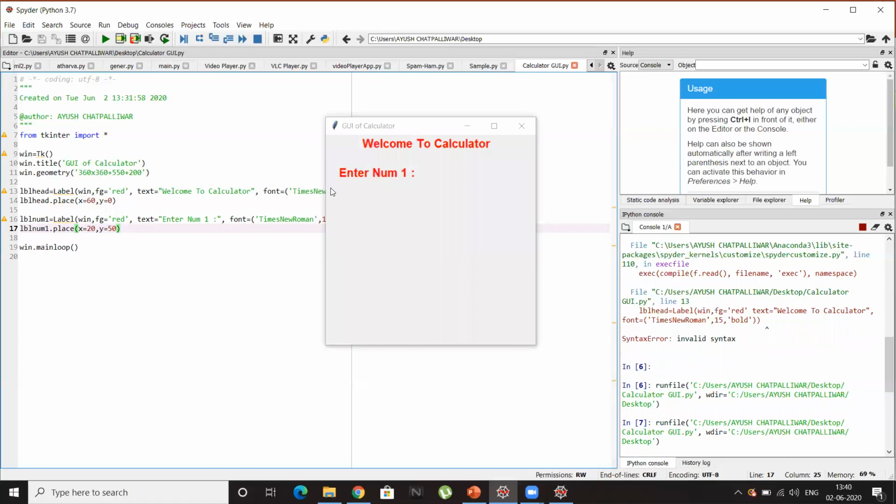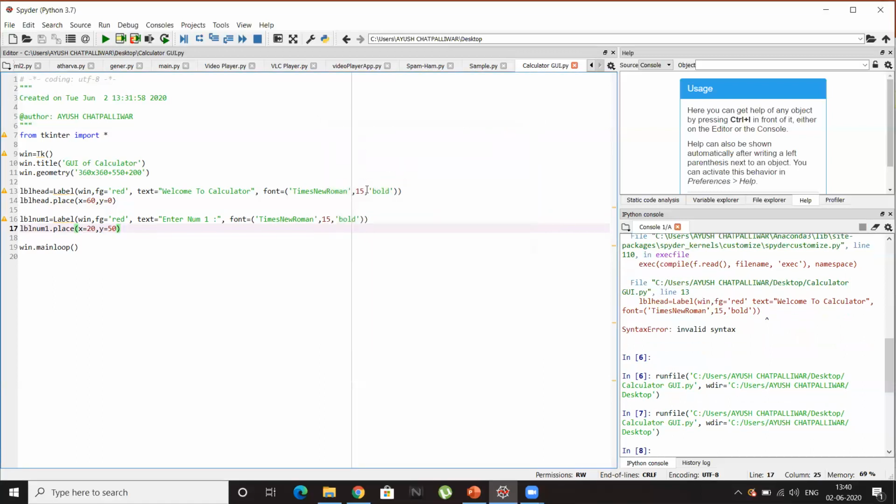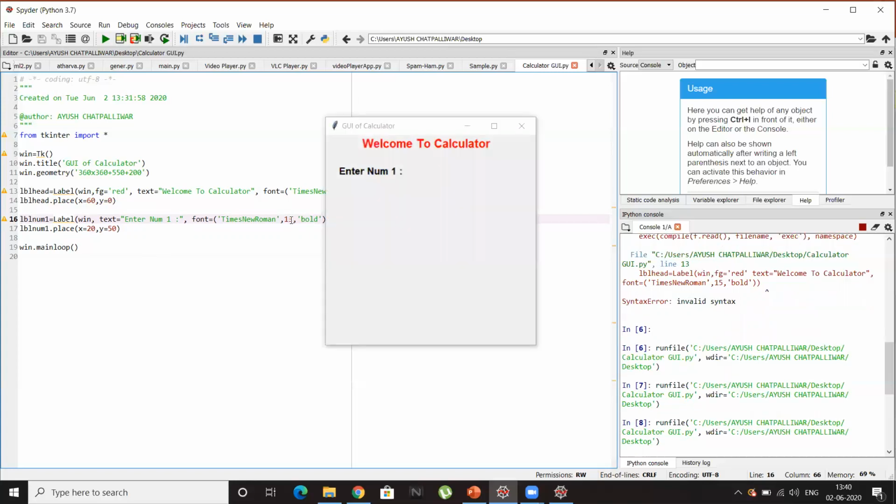Yes, I've got it, but I don't want this label in red color, and I want its font to be a little bit smaller. So I'll remove this attribute, fg equals to red, which will remove its red color. And I can decrease its font size from 15 to 13. Let's run it. Yes, perfect. Enter num1. It's okay.